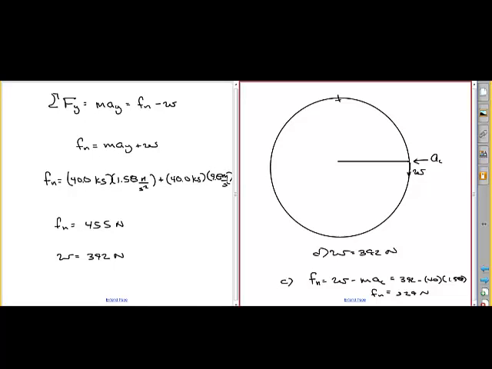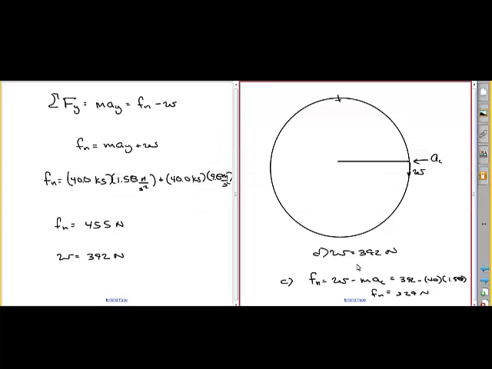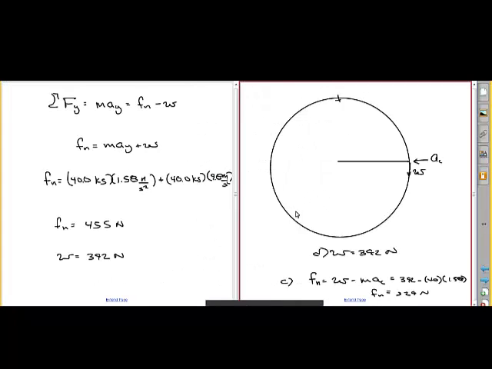So the answers are given. 455, yes. 329, yes. Oh, actually they want the angle. I didn't see that. Okay. So the one that says, what force does this, oh, okay. Sorry. There actually are, the force upward is 329, or